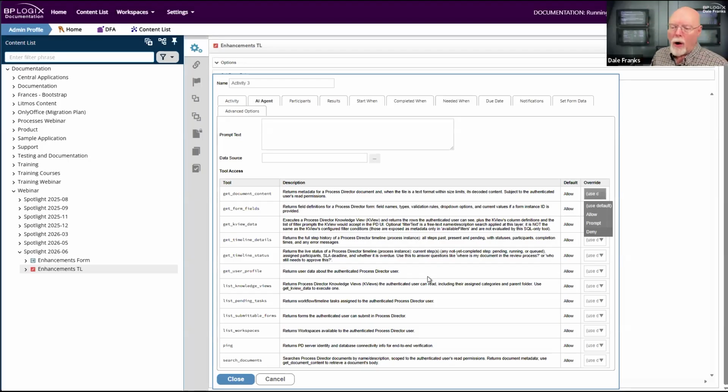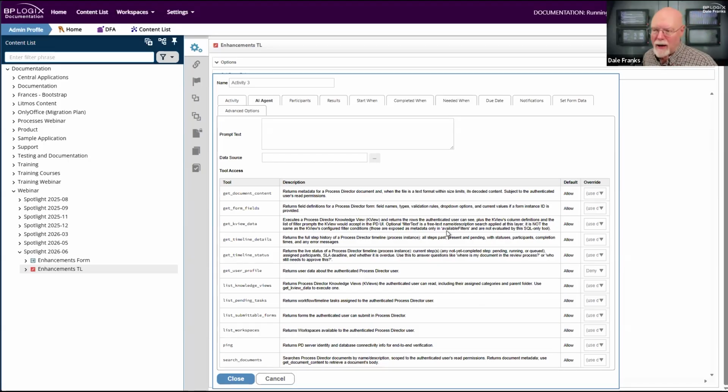So if you wanted to say, okay, I don't want you to know anything about the user, you can just go ahead and hit deny there, and that will change the permission that the AI is given, and it simply won't be able to access any of that user information. Like I said, it doesn't fully work yet. We've got the UI worked out. This is what I think it is largely going to look like as an end product.